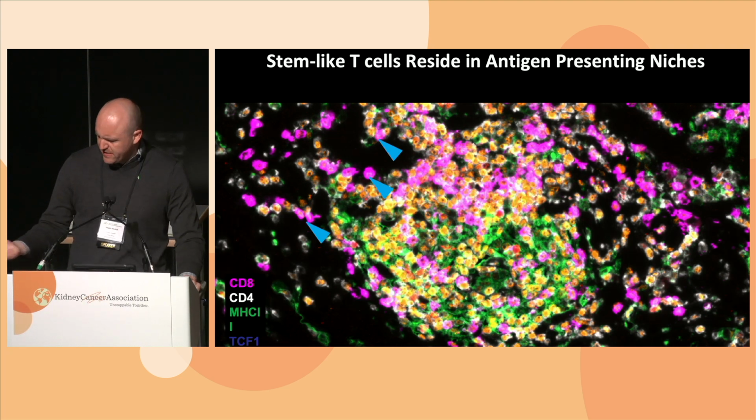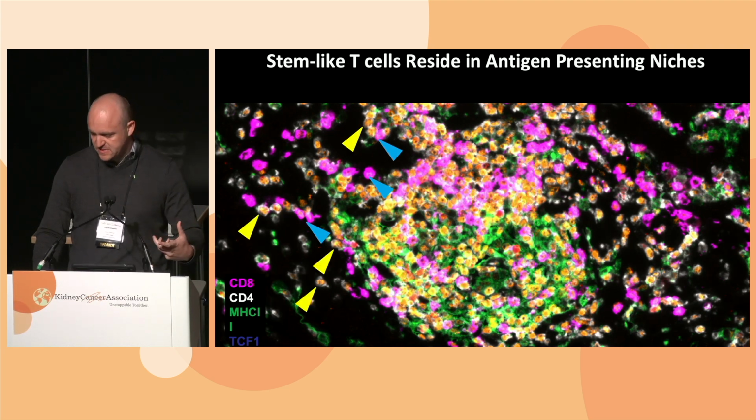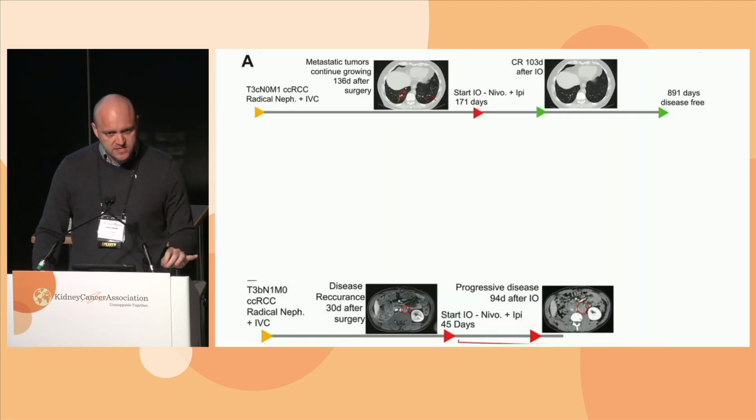In this niche here, I think this is actually a prostate cancer patient, but every tumour that we look at has these niches if you have an immune response to your cancer. You have stem CD8 cells, stem CD4 cells, the green cells are antigen-presenting cells, and as I say, this is across pretty much every single cancer type. What's interesting though is those patients that have an immunological and clinical response to their tumour, sometimes years after the tumour was taken out, have strong evidence of this happening in their tumour at the time of surgery.